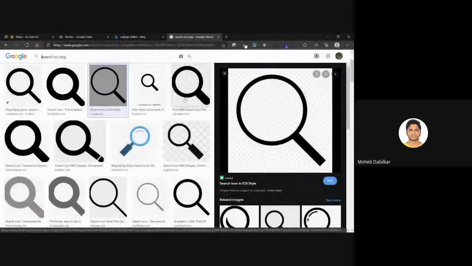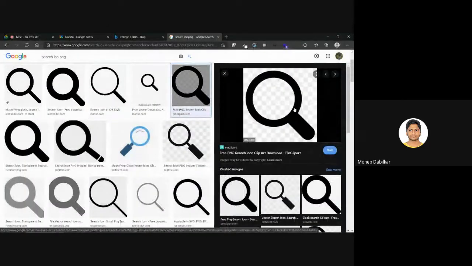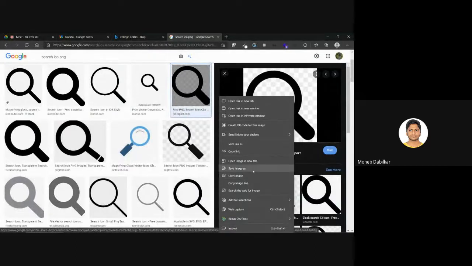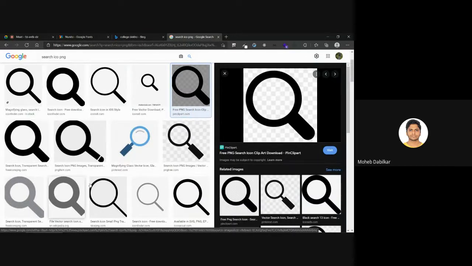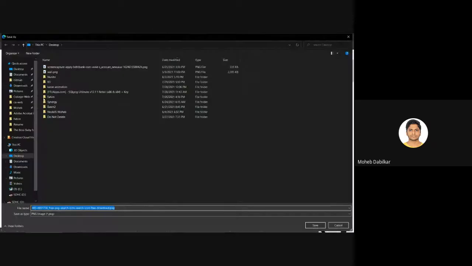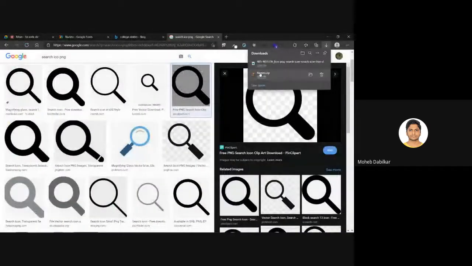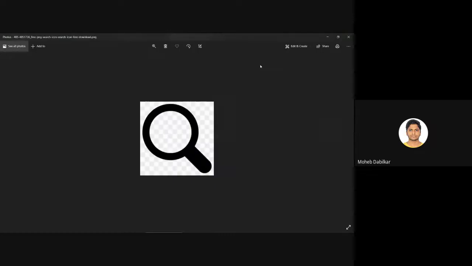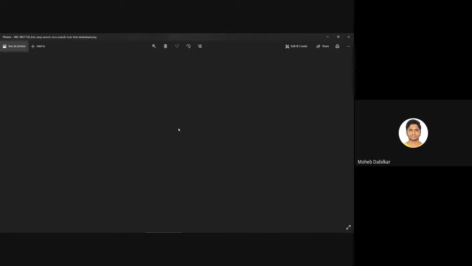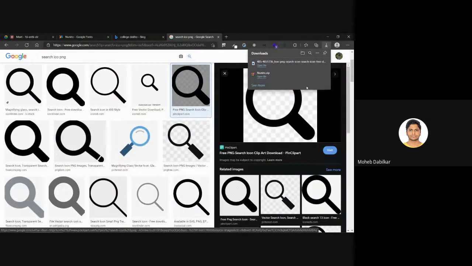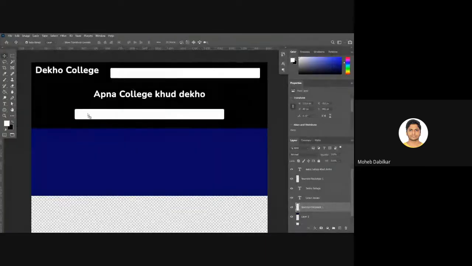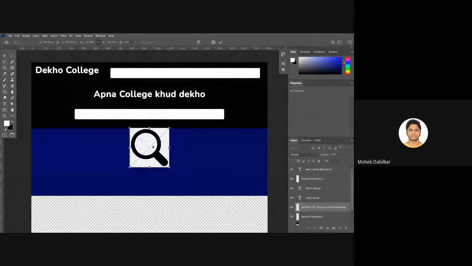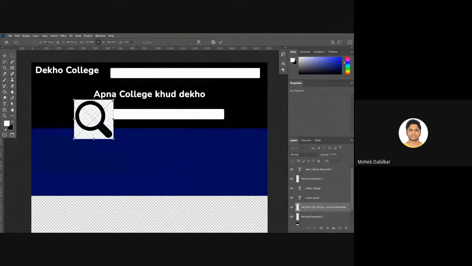Not a PNG. Hopefully it is a PNG. Chalo. So save it. Let's just save it on desktop only. Okay. Now I don't think this is a PNG, but anyhow, I don't want to waste a lot of time, yeah, it is not a PNG. We will look for the PNG.